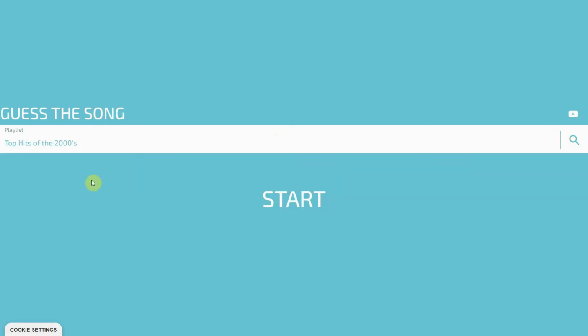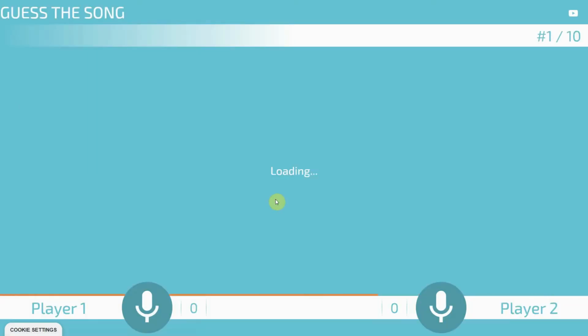After you have selected a playlist, you will see a start button, which lets you start the game. Once you start the game, it will pick 10 songs from the playlist at random. Well, of course, if the list is longer than 10 songs. Otherwise, it will just take all of the songs from the list. In future, I might add a setting dialog where you could configure the song count.